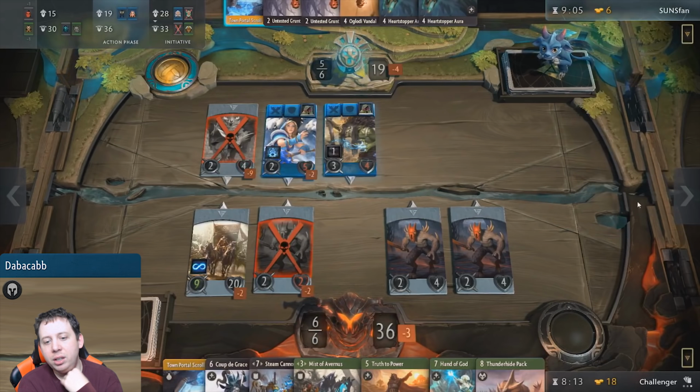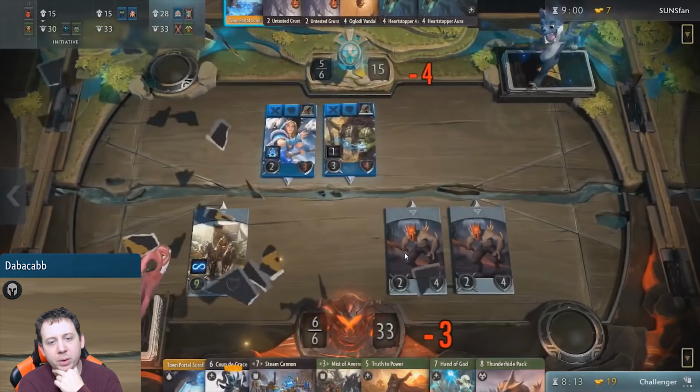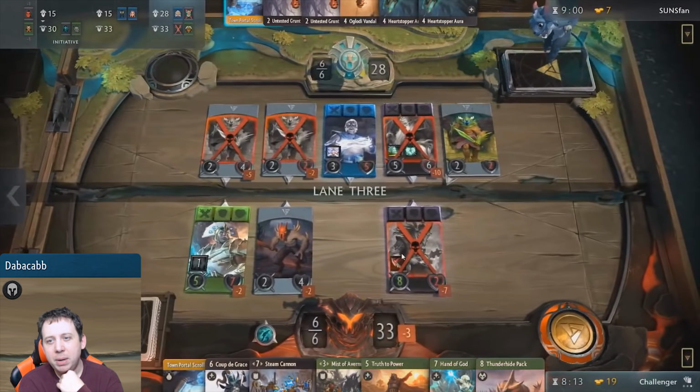So now there's nothing that the challenger can do. Now, there's only one card he can play left, and that's the Town Portal Scroll. So are we going to... Nope, we're not. Interesting. Maybe he's...